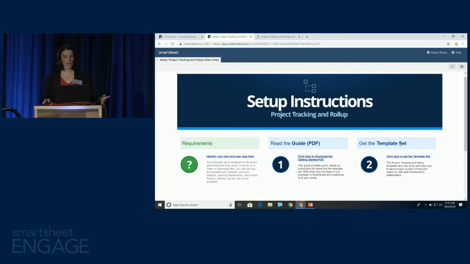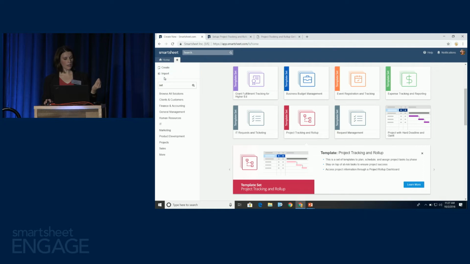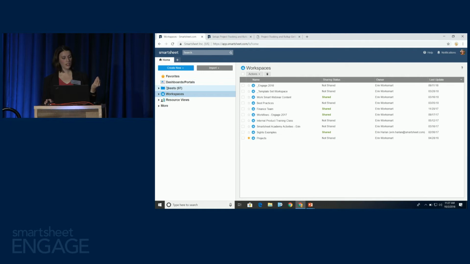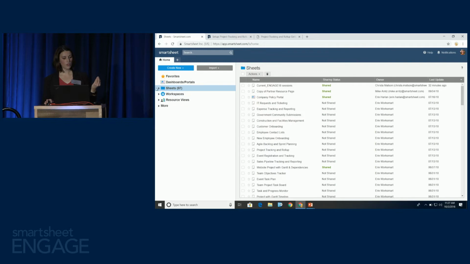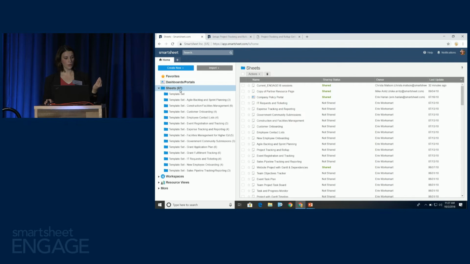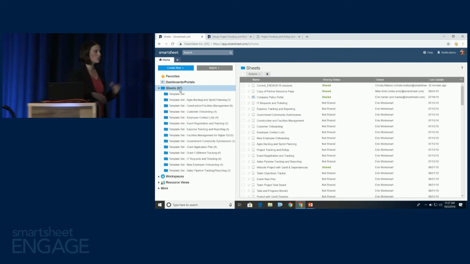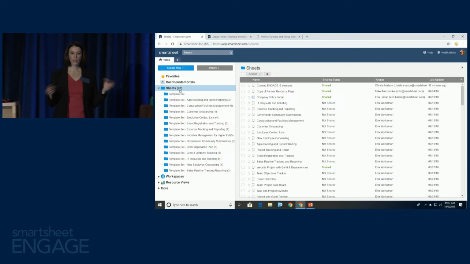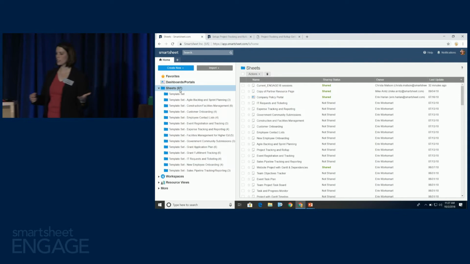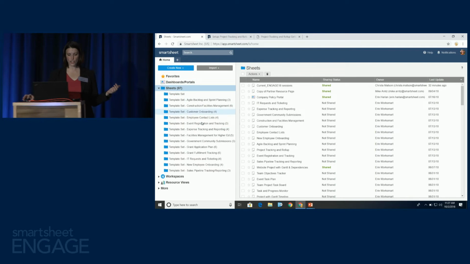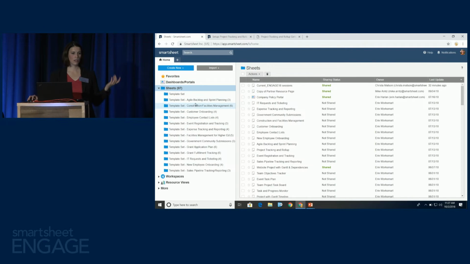Also, when I download or open that dashboard, it gives me the option to download the actual set. So that's where I download the set of blocks. When I download that set of blocks, it's going to default to my Sheets folder. My Sheets folder in Smartsheet is my personal work, and that's where it's going to default to. It's actually going to create a folder under my Sheets folder called Template Set with the name of that